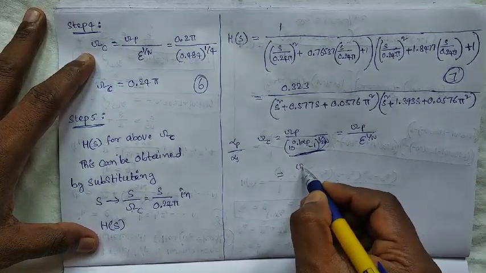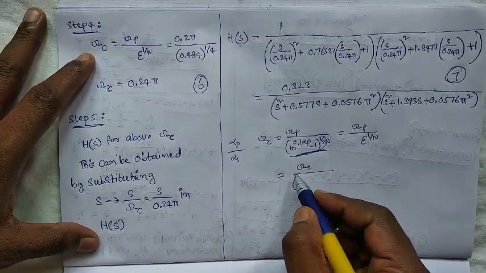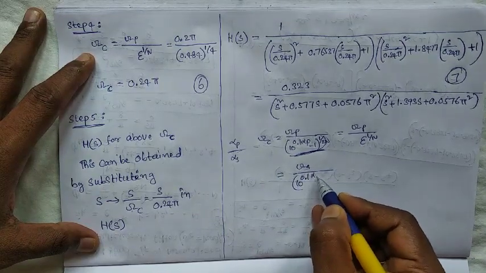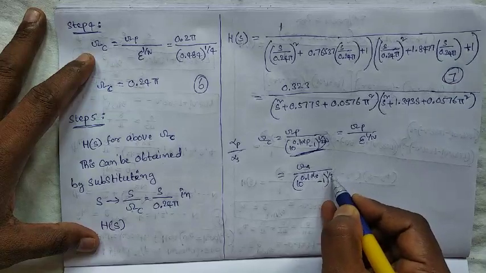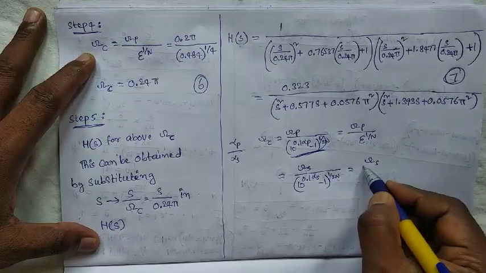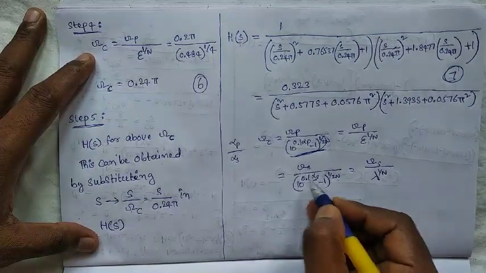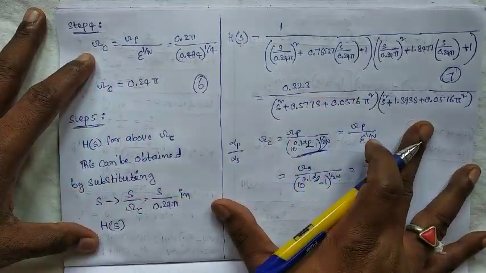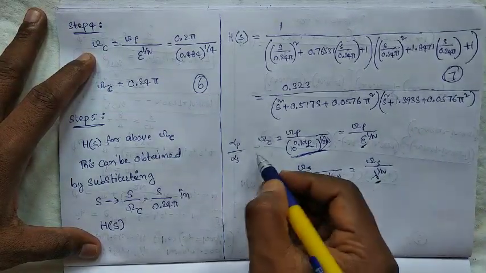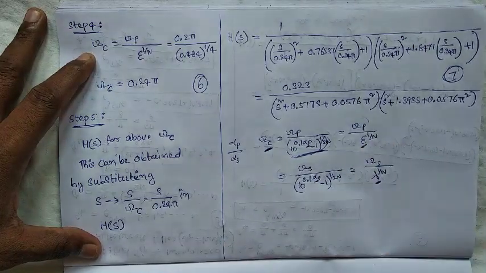And we can also calculate it by using the stopband frequency. Omega c is equal to omega s by 10 power of 0.1 alpha s minus 1, whole power 1 by 2n, which is equal to omega s by lambda power 1 by capital N. Actually alpha s and alpha p are not given in this problem. Here we already know the epsilon and lambda values, and omega p and omega s are also known.